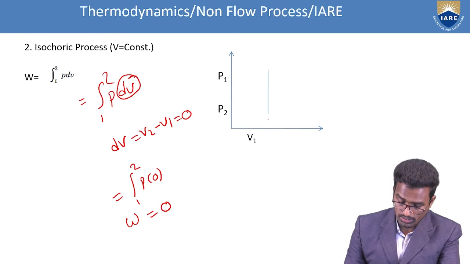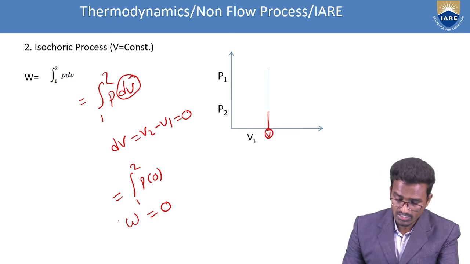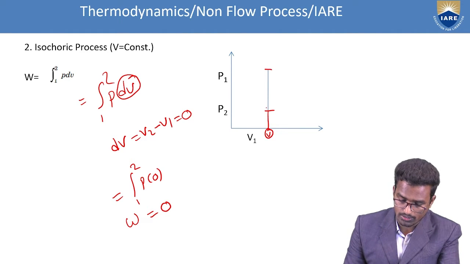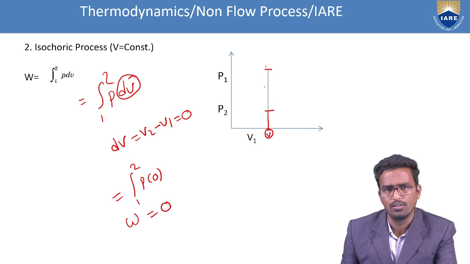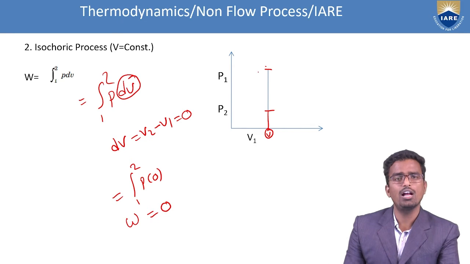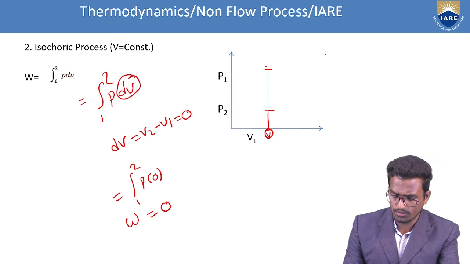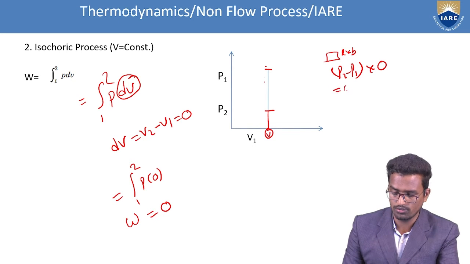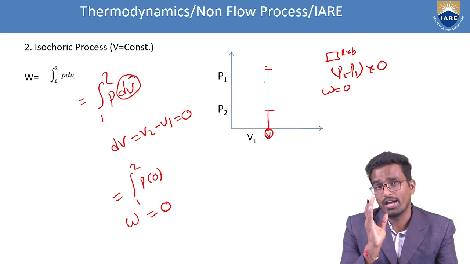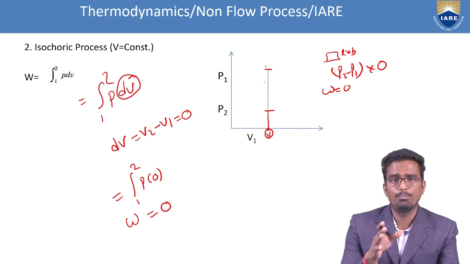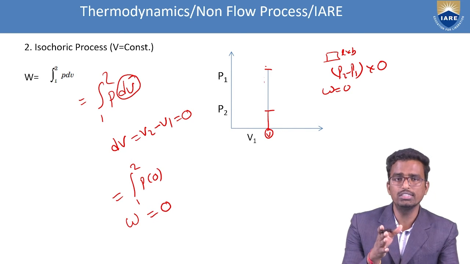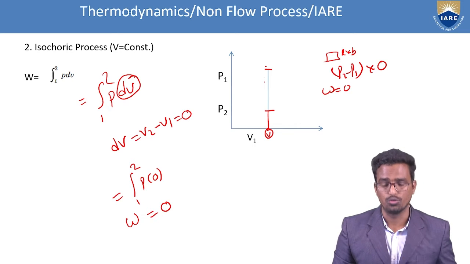Same from the graph. This is a constant volume, right? It starts from P1 to P2. Do you have any area under this line? We don't find any area. It is a single line. So from the area also you cannot find any value. For example, if it is a rectangle, the value is L into B. Here you have a length, that is P2 minus P1, but do you have a breadth? No, the breadth is 0. So what is the value of work? W is equal to 0. From that we can conclude that in a non-flow process, if a system works on an isochoric process, the work done is equal to 0.